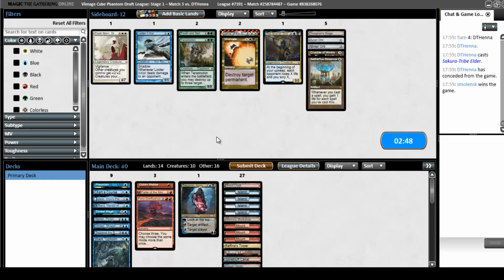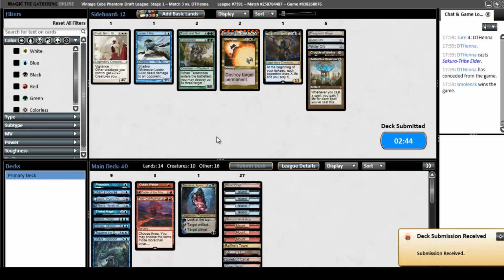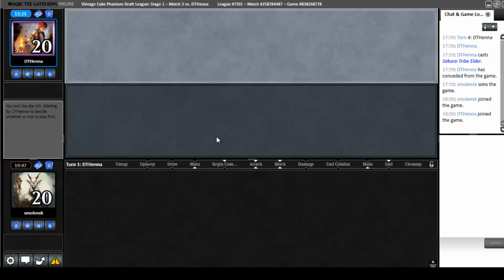I think I like this setup. Maybe I should have even main decked Venser. I mean, it is a good card. I just felt that it was a little off theme for my deck, but